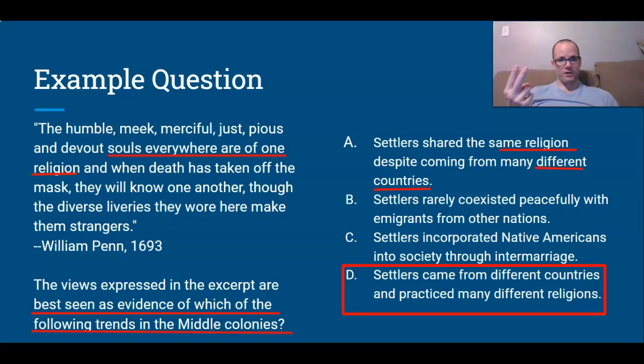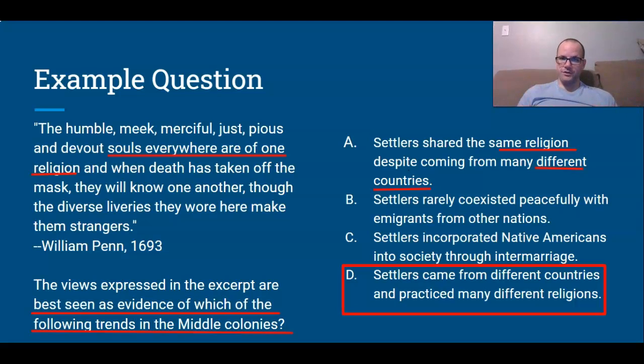That's also a trend. So what we actually see here is that this question kind of had nothing to do with the quote, and the quote itself is what we call a distractor. The quote was put here to see if you really knew the background information about the Middle Colonies. And that's why it's there. Sometimes this is what test creators do. And I chose this because I knew that this one question right here, plus this underlined portion, a lot of students would want to pick A because we're taught a lot of times in our English classes, and not incorrectly,